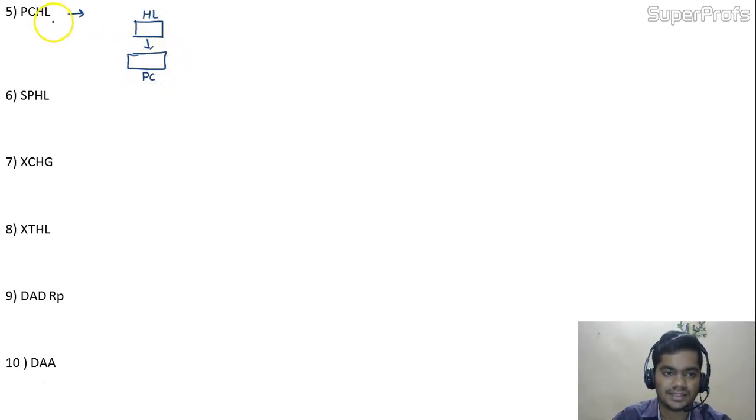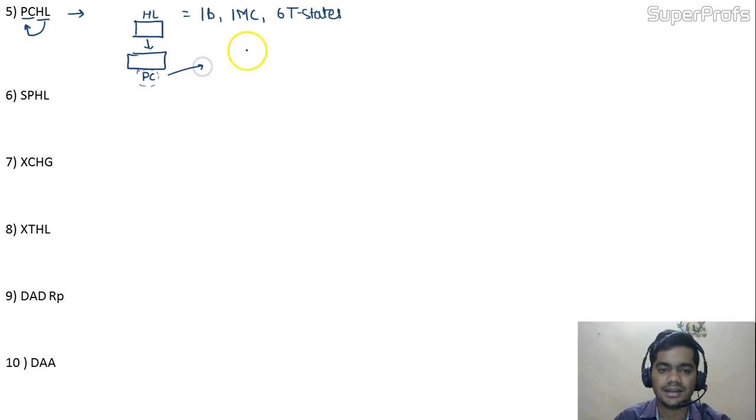Okay, so you can see that from HL it is transferred to PC. So it would be a 1-byte instruction, 1 machine cycle would be involved, and there would be 6 T states that are required. Okay, so you can see that when we load the content of HL pair to this PC, that is program counter, the process or the execution that we are going within the processor would jump to this memory address. So you can say that it is a 1-byte